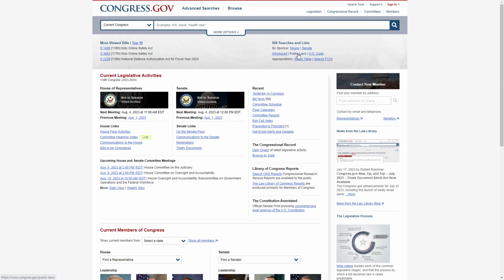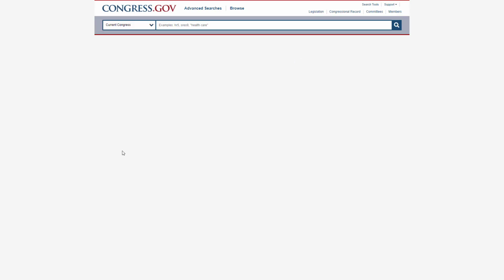And this is really helpful when you're doing legislative history, because if you have your statute and you go down to your history note, you have your public laws that formed that statute. So it's really easy to do your legislative history once you have those public law numbers, and you always have those when you have your statute. So I definitely want to show you this. So if you click on your public laws link,